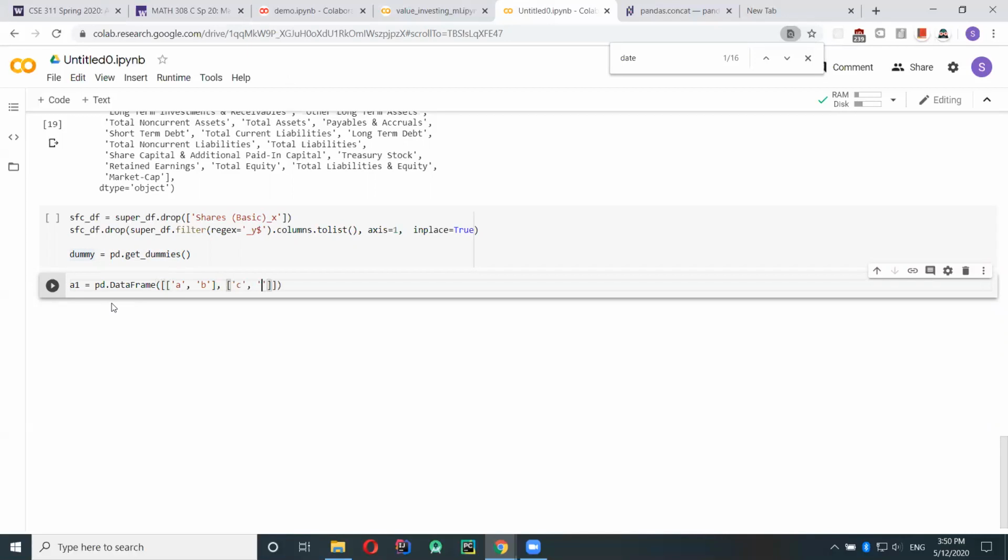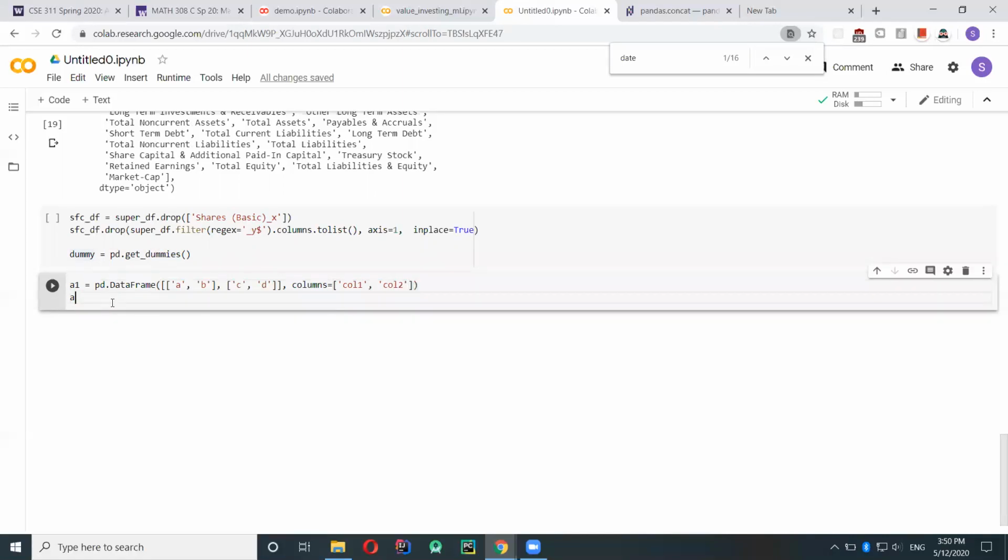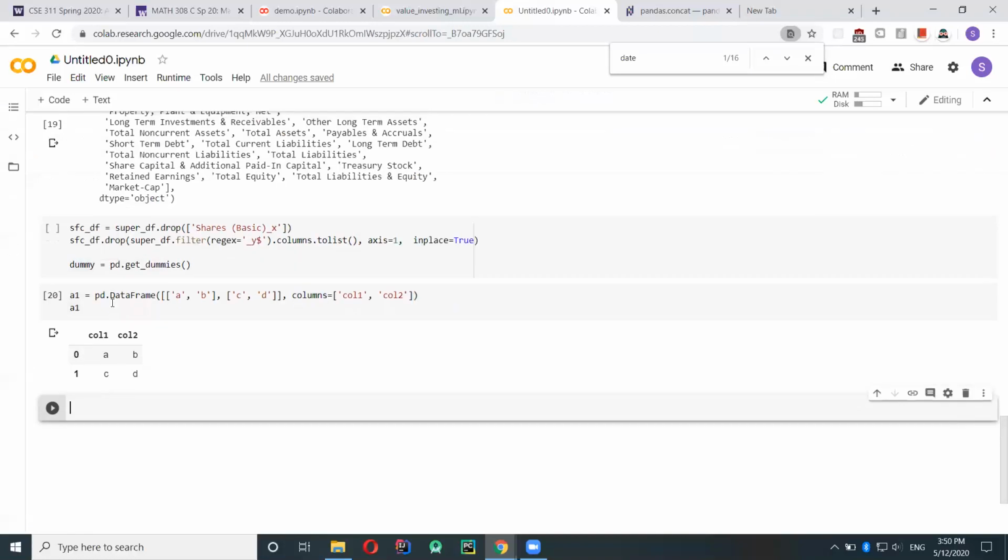Say that's some categorical data, and those things represent columns. Columns equals columns 1. Okay, so let's look at what this A1 looks like for now.